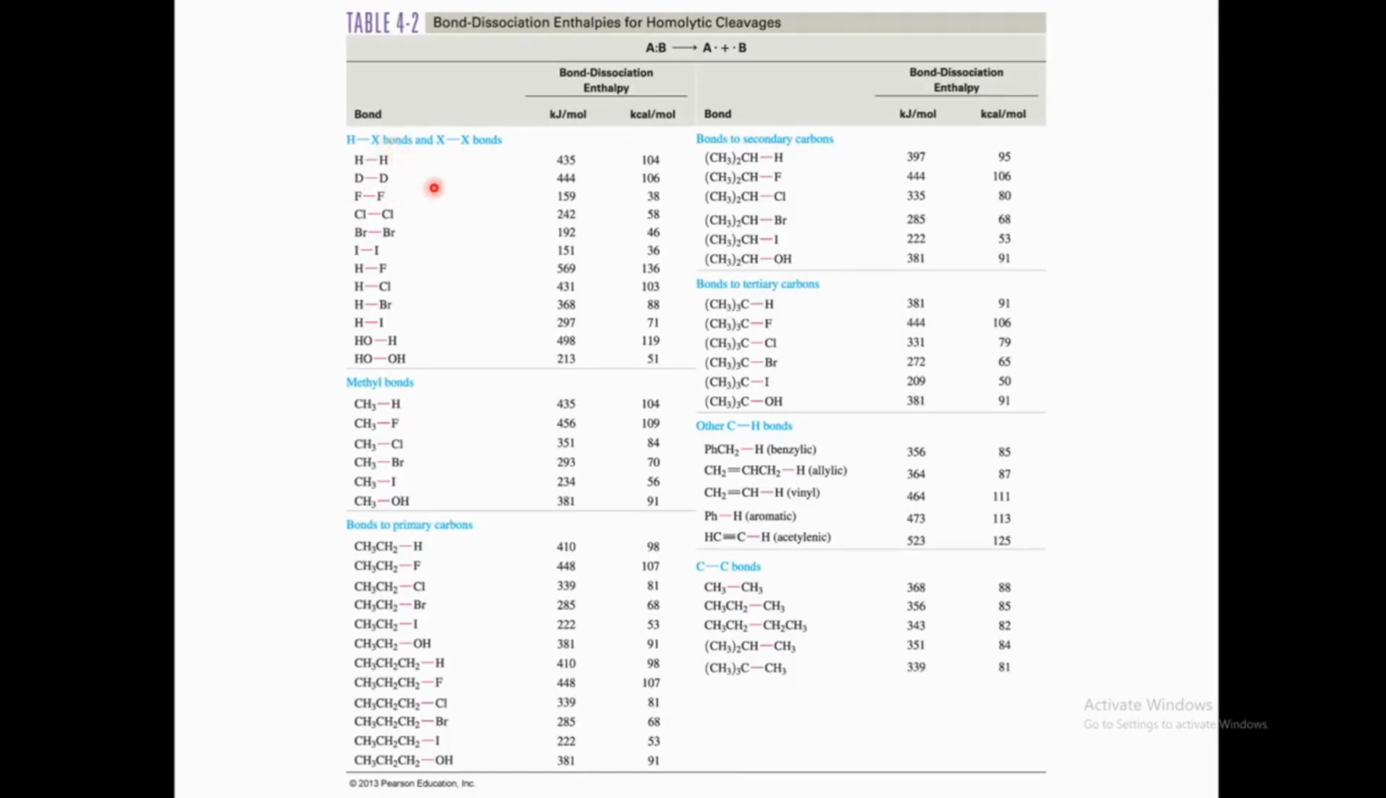The first one is the halide bonds, HX. The second one is methyl. The third one is bonds to primary carbons. This is bonds to secondary carbons. This is bonds to tertiary carbons. And this is other hydrogen. And this is the CC bond. This is the bond dissociation energy in kilojoules, and this one is the bond dissociation energy in kilocalories per mole. This one is the bond dissociation enthalpy in kilojoules per mole, and this one is the bond dissociation energy in